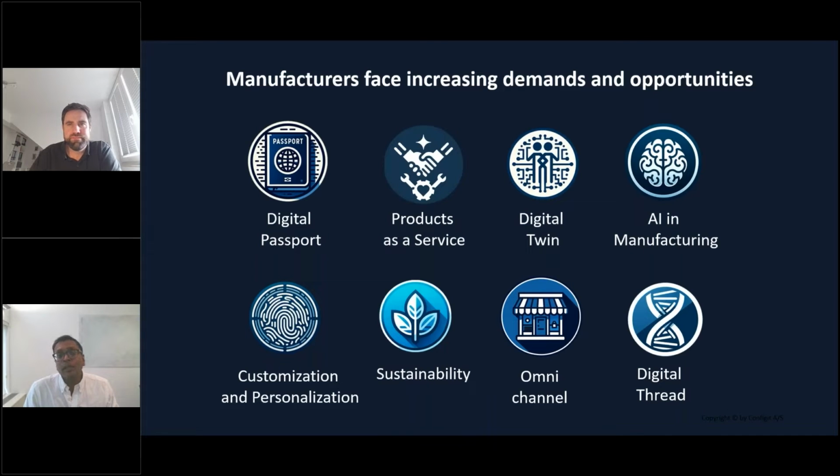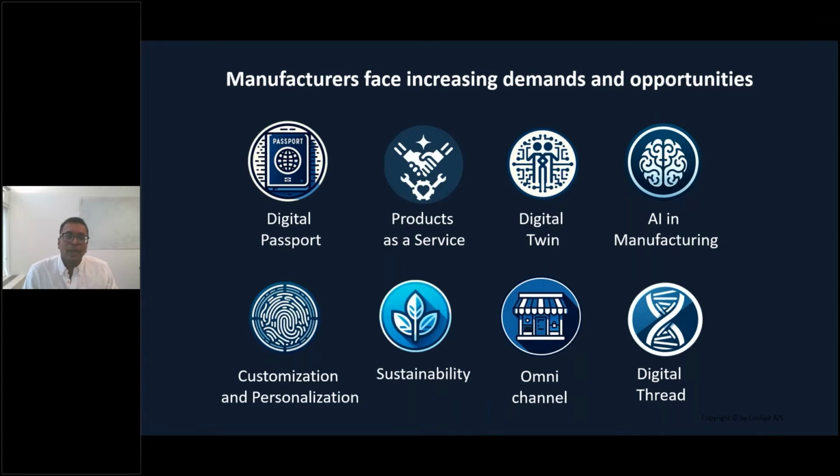To start off, I wanted to talk a little bit about what we see as the challenges being faced by manufacturers. And today, it's safe to say that there are definitely a lot of them. So for example, the digital passport. The digital passport is a digital record for products that the European Commission is planning to introduce. It will include details about where a product comes from, what it's made of, how it can be repaired, taken apart, and recycled. So the goal of this is to help make the economy more environmentally friendly by promoting recycling and informing people about sustainability about what they buy.